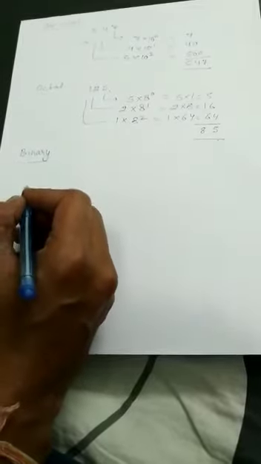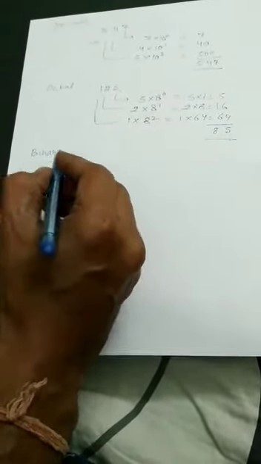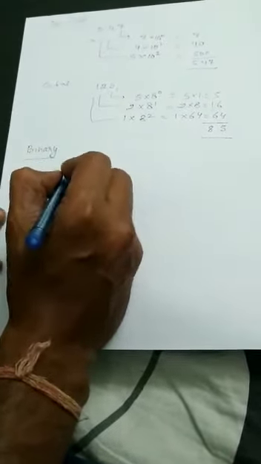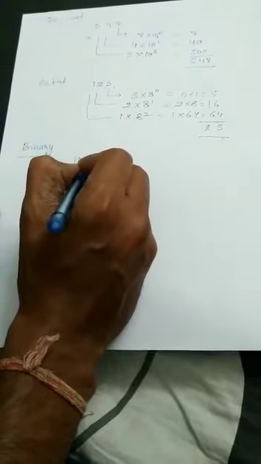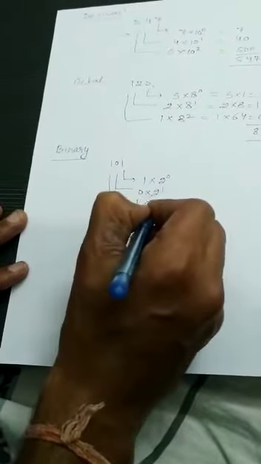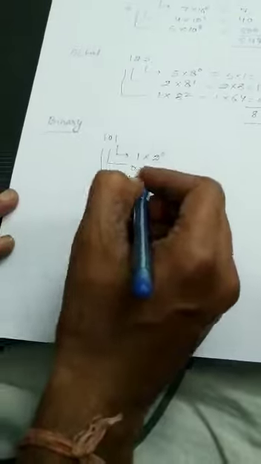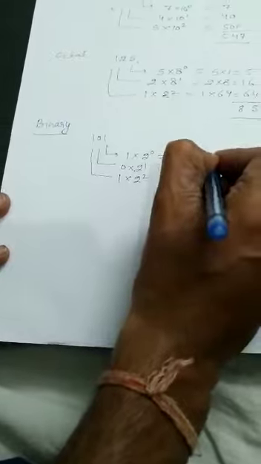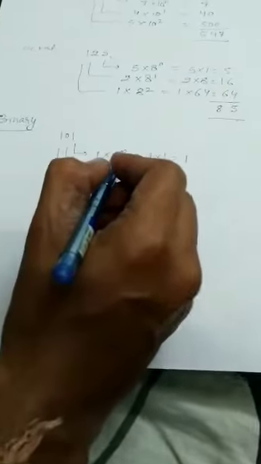When we come to the binary number system, suppose a number is given to you, 101, which consists of 1 and 0. So when we count it by giving the value, what does it mean? 1 into 2 to the power 0, 0 into 2 to the power 1, and this 1 into 2 to the power 2. So by multiplying the number by the given base, we get 1 into 1, that is 1, because any number which has power 0, its value is always 1.